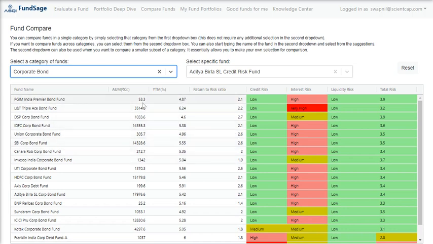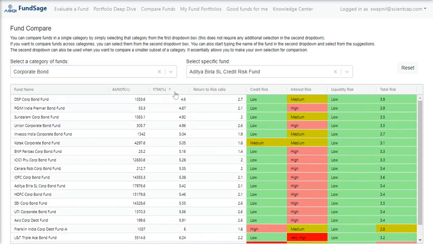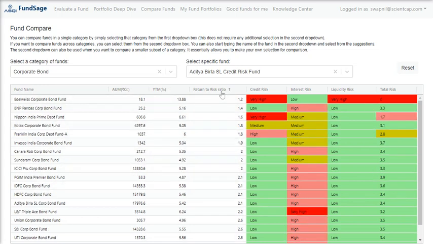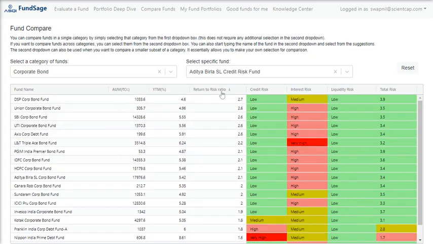So you can arrange funds by, say, YTM in a given category, up or down. And as you can imagine, the highest YTMs are indeed highest risk as well. You can arrange them by return to risk ratio, which is most informative because there you sort of get a sense of which one has the maximum return per unit of risk taken. There's not a strict number, it's just for comparative sake. And you can see each of these funds.